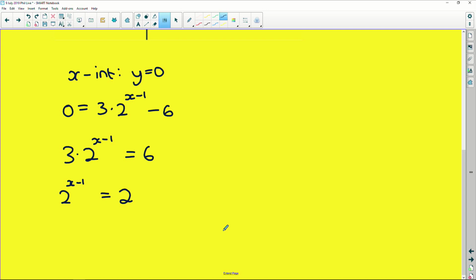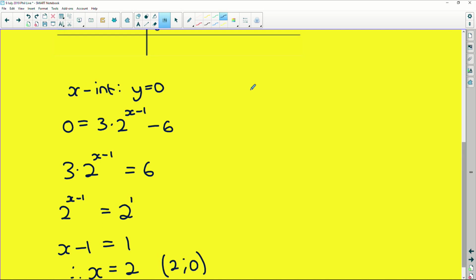So now easy peasy stuff. Because we have the same base, we can equate the exponents. Remember, there's an imaginary 1 on any normal number there. So that means that x minus 1 is equal to 1, which means that x is equal to 2. So the x-intercept is (2; 0). Now, to find the y-intercept,